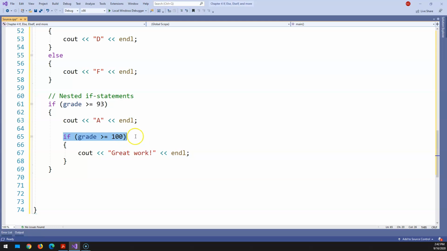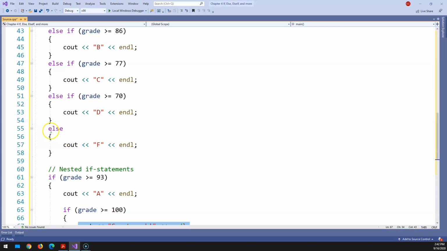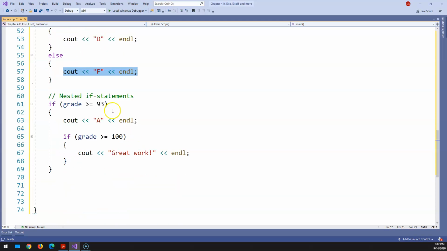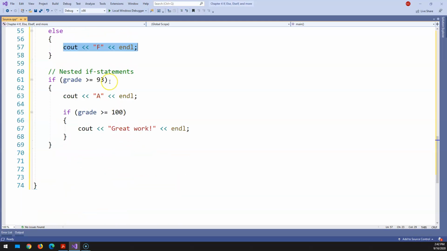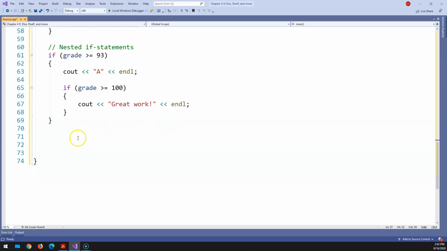What comes next is the then. So really it's like saying if this, and then end it. Even with the else, you have else what? Else, print out an F, then end it. You never want to put a semicolon at the end of an if statement, because if you do,